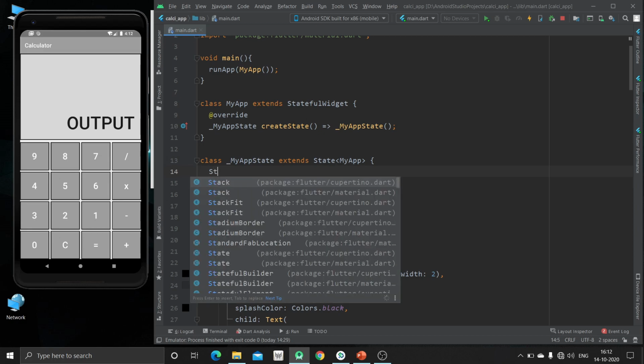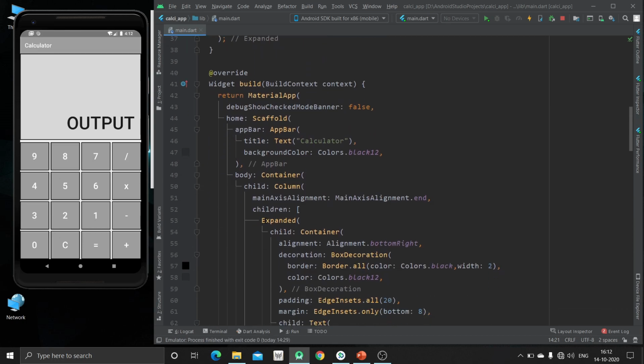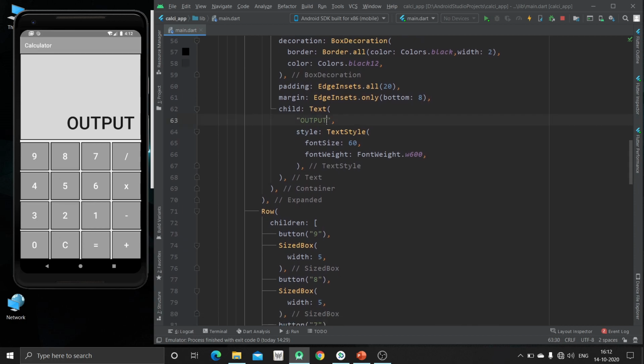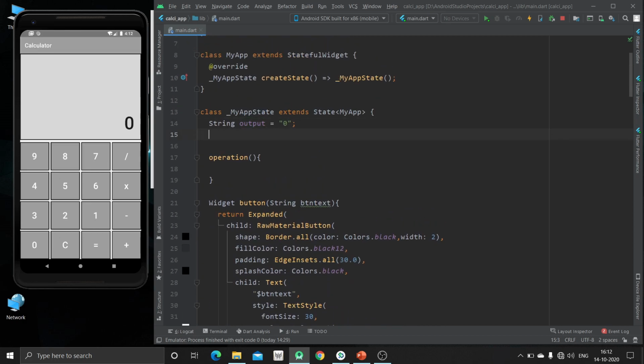So for that the first will be a string output, which is our output, and by default we will specify it as 0, and instead of this output text we will use this. Now you can see 0.